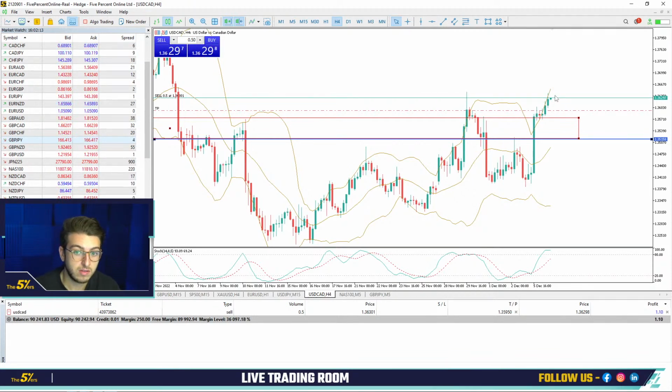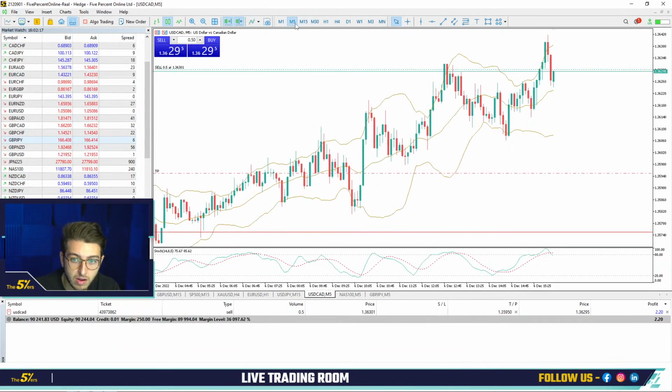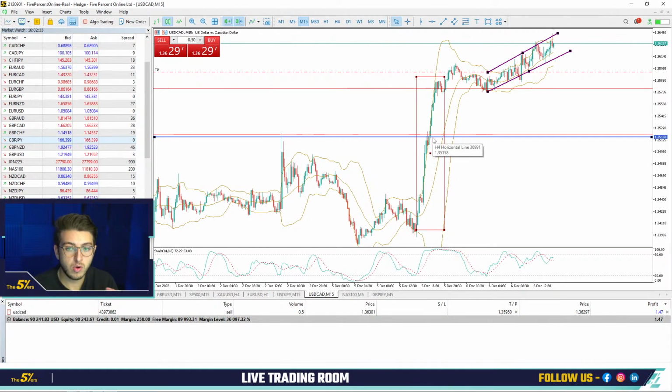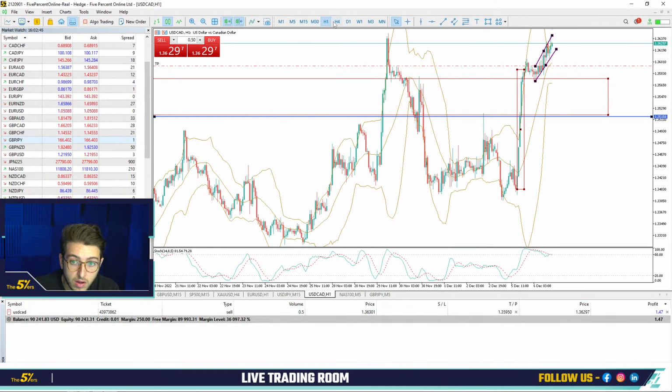So I'm looking probably to make a sell, and I go to a lower time frame and see, for example in the M15, that the momentum is on the upside, but it's very weak. It's not like the momentum we had here after a huge volatility movement. It's behaving very quiet. Still the price is succeeding to make higher high, higher low, but at some point the momentum will probably finish. So that's what I'm expecting.